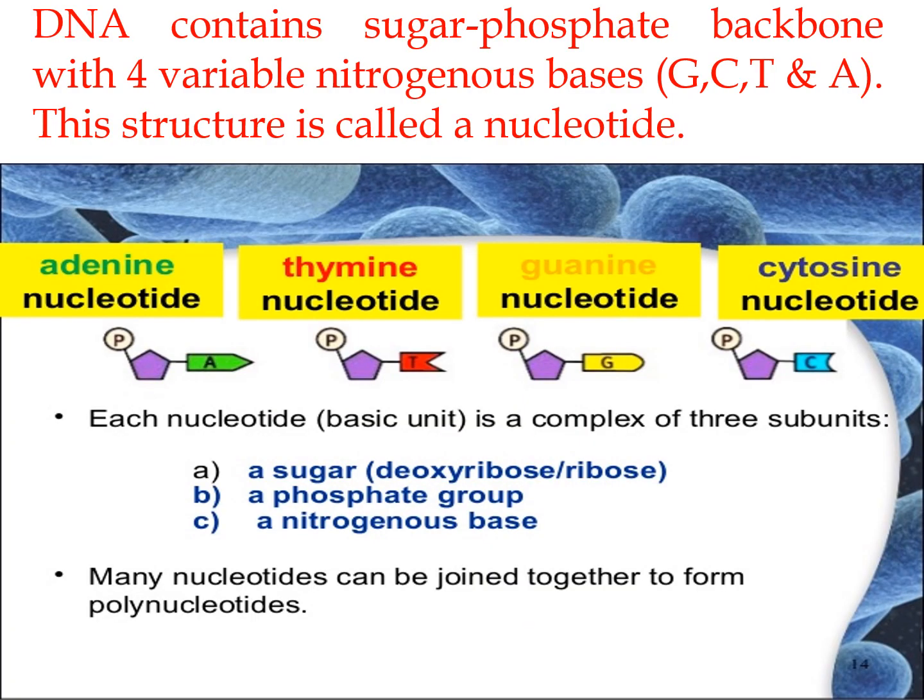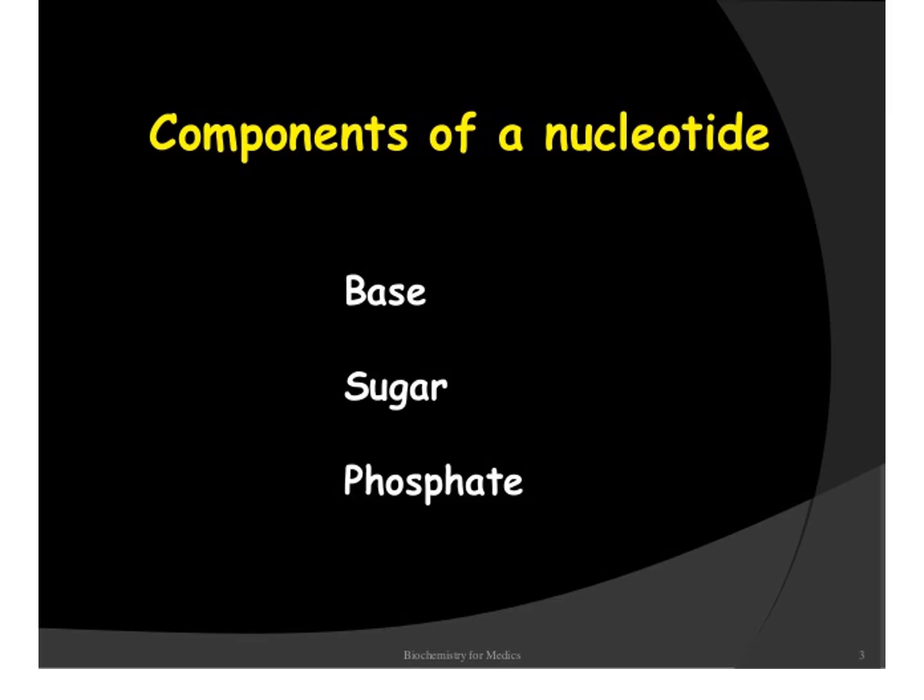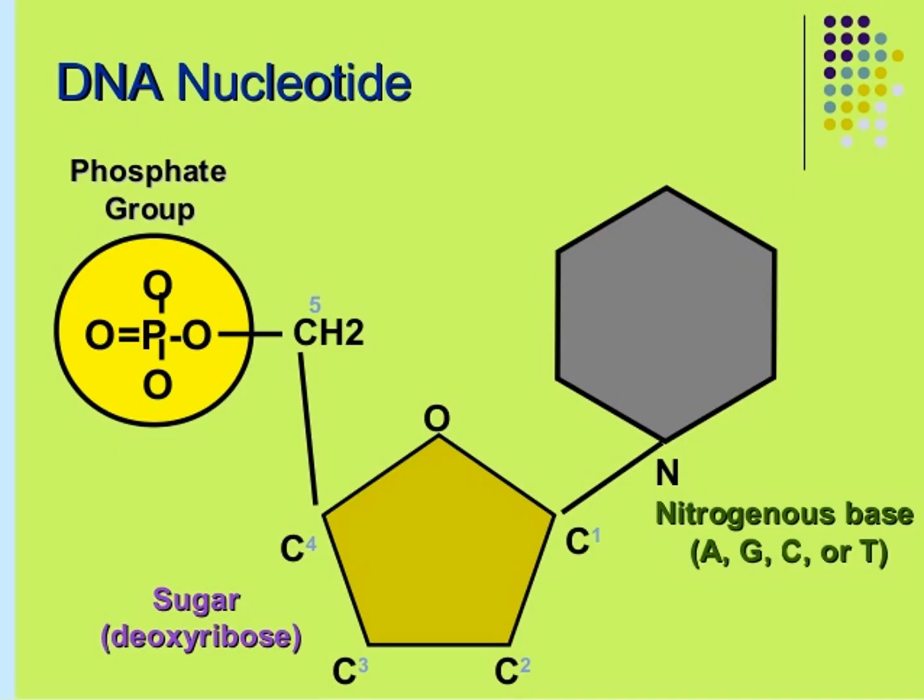DNA contains the sugar phosphate backbone with the four variable bases. So this structure is called a nucleotide. A nucleotide is made up of sugar, phosphate, and nitrogenous bases. So the components of nucleotides are base, sugar, and phosphate. This is the